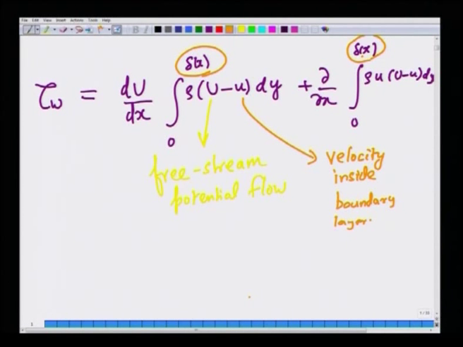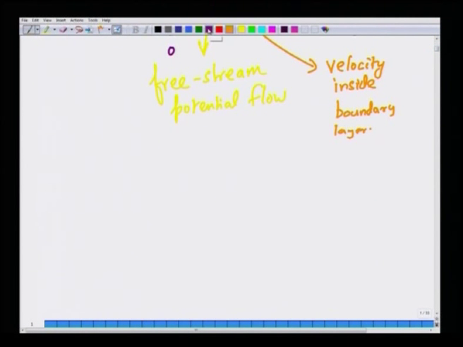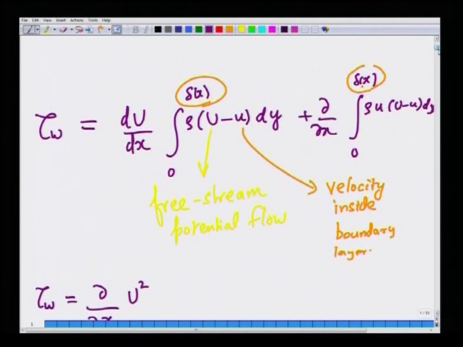Okay. Now, in order to proceed further, I am going to simplify this even a little bit, like I did in the last lecture. So, I am going to write this as d dx of u squared. If you look at this expression, I have u here. So, I can write this as d dx of... let me do it step by step. So, I am going to pull out